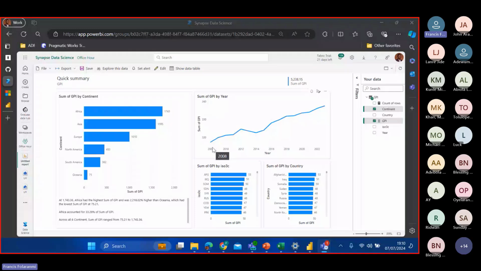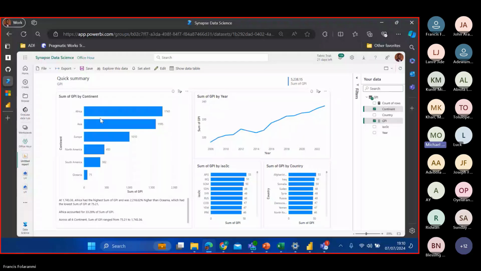So let me do this. I can use customize mode for my visualization. Now it's not responding. Anyway, what I wanted to do is change it to average, which is still going to give us the same trend. You can see my screen, right?